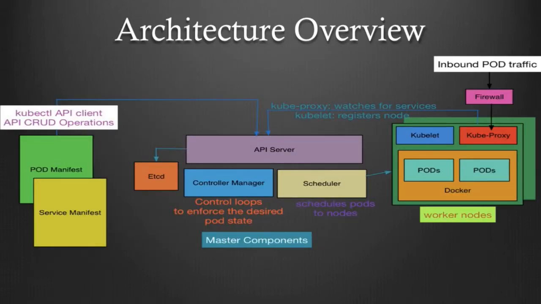So here is, if I were to picture the overall architecture that we built, this is the network diagram. On the left-hand side is how you talk to the system. You have the pod manifest, and you have the service manifest. And you send that manifest to the API server. And in order to do that, Kubernetes has a client called kubectl. And on the right-hand side, you have